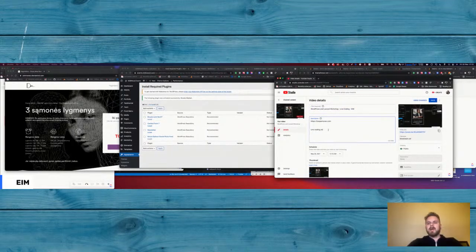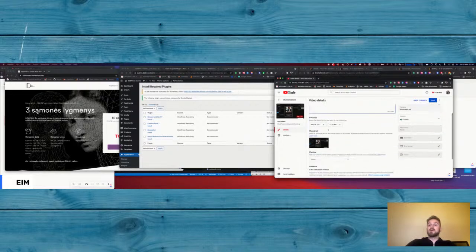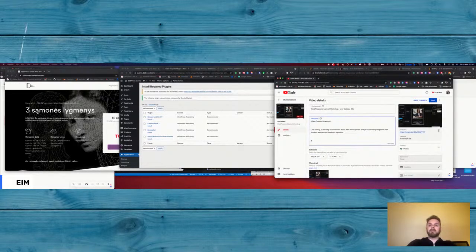Live coding and live coding questions and answers about web development and product design, together with product reviews and feedback sessions.